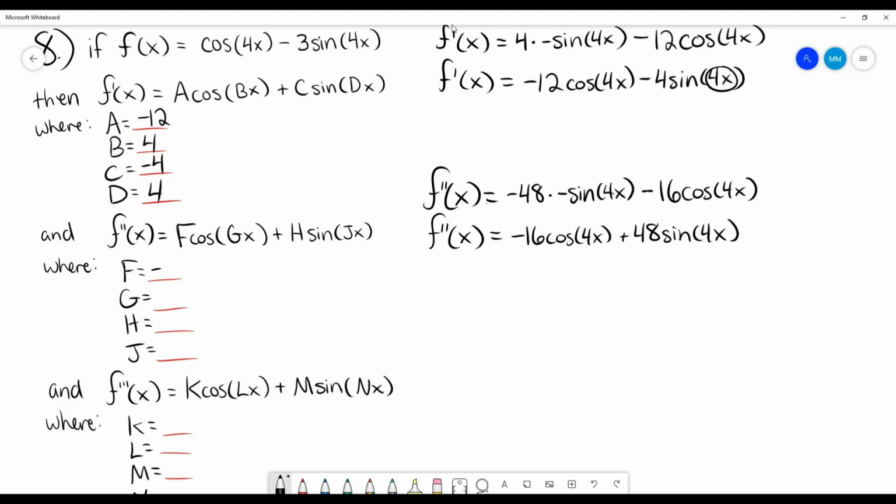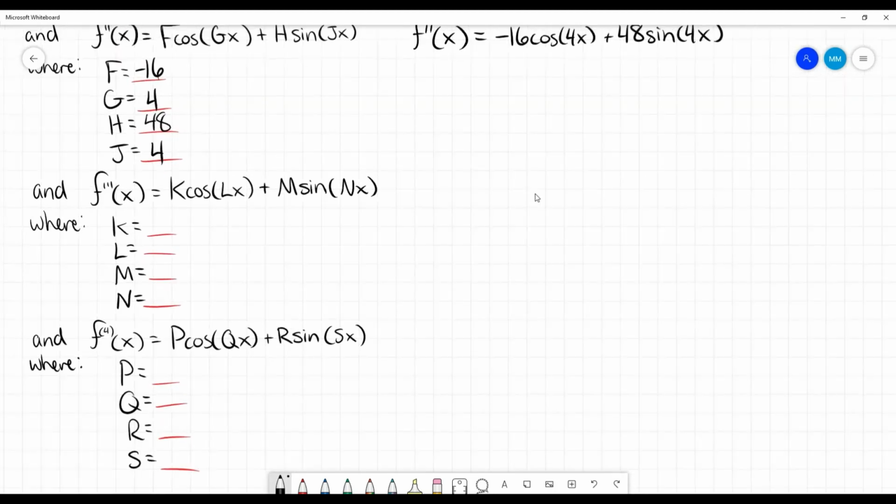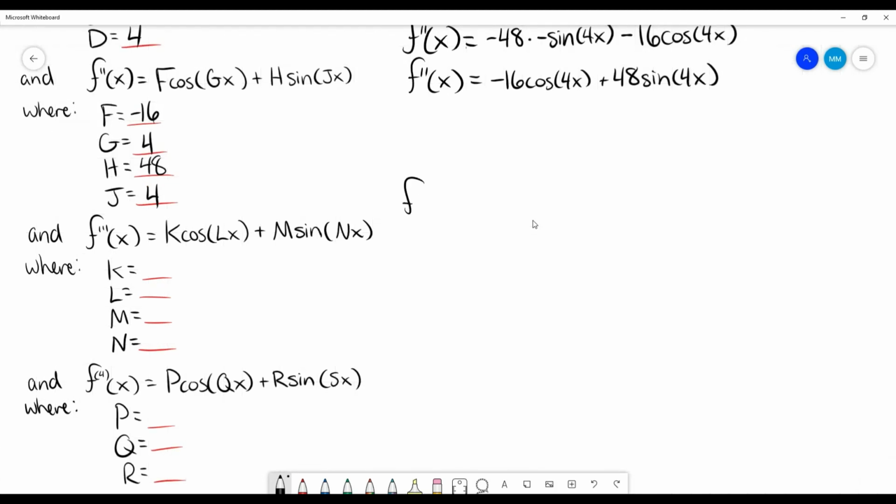Bam. Our f is a negative 16. G is 4. H is 48. J is 4. And just keep going down the line. It's the exact same thing that we do for all of these. Nothing changes. So it's going to be